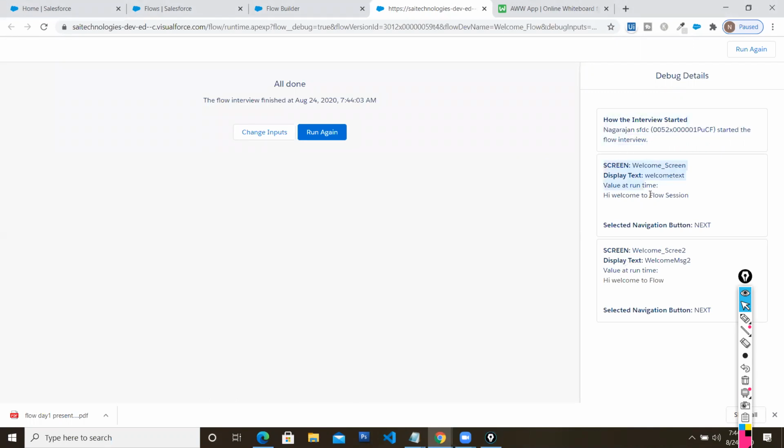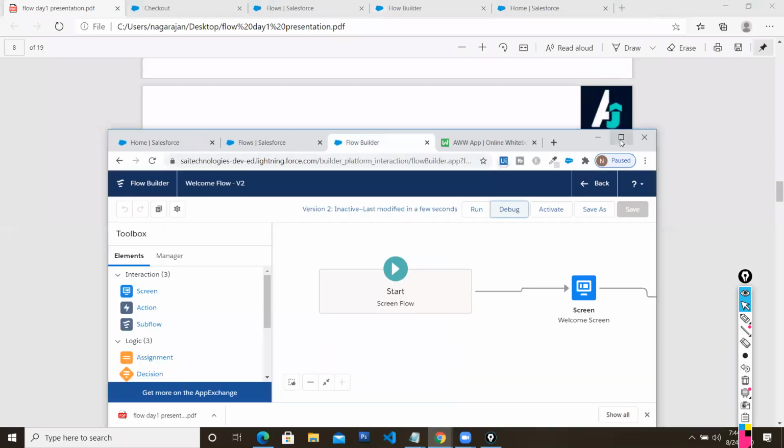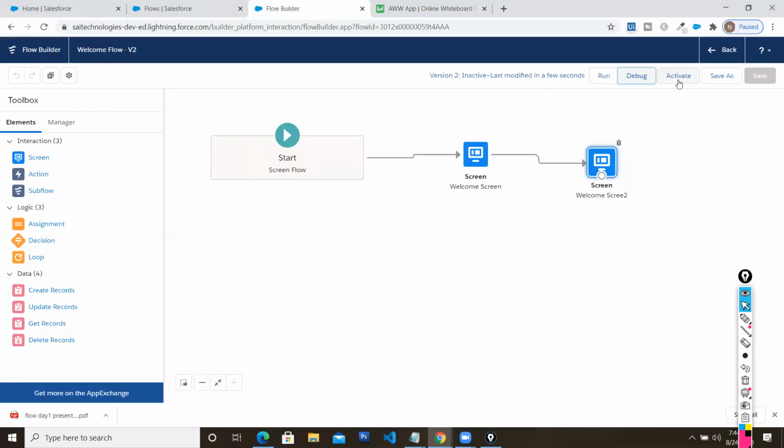This is your first screen, and all the elements you have in that particular screen, all its data. And the second screen, and all the elements you are going to have in the screen, all the elements data will be right over here. In this way, you can cross check whether it went wrong in the first screen or in the second screen. You can easily debug that. Now two screens are interconnected one by one. Now if you're going to activate it, let me activate it.